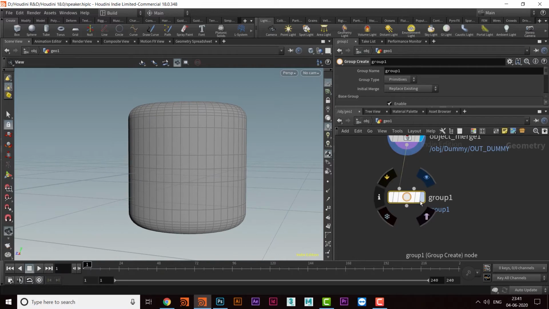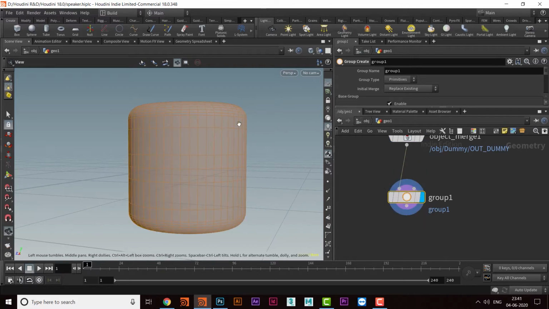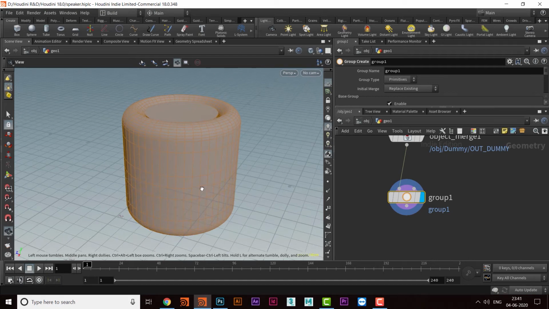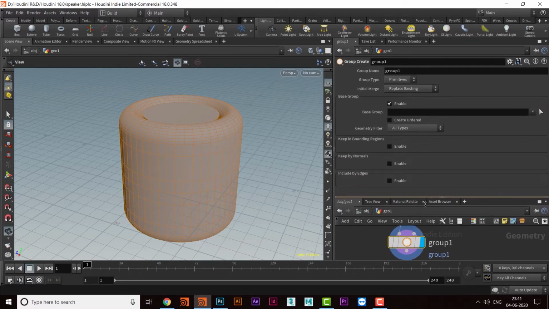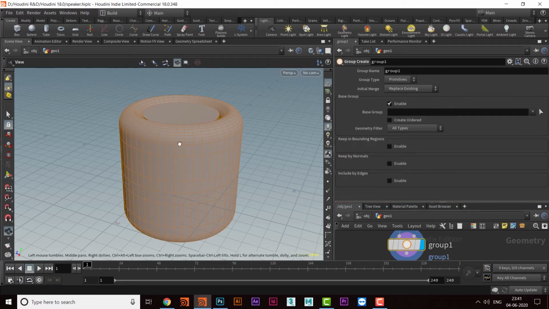We'll switch on the display flag, and then everything is getting yellow. That is, the whole object is selected. I'll come here and see all the options. These are getting yellow because this base group is enabled. When this base group is enabled and the group type is primitives, that means all the primitives in this object have come into this base group.